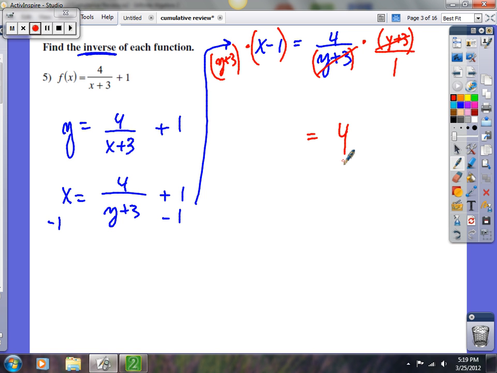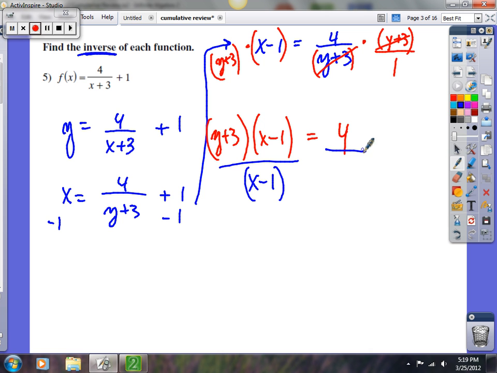On the left you have y plus 3 times x minus 1, and if I divide both sides by x minus 1, so if I change colors again, if I divide this guy by x minus 1, and if I divide this by x minus 1, that's going to cancel there, and here's what we've got. We've got y plus 3 equals 4 divided by x minus 1,